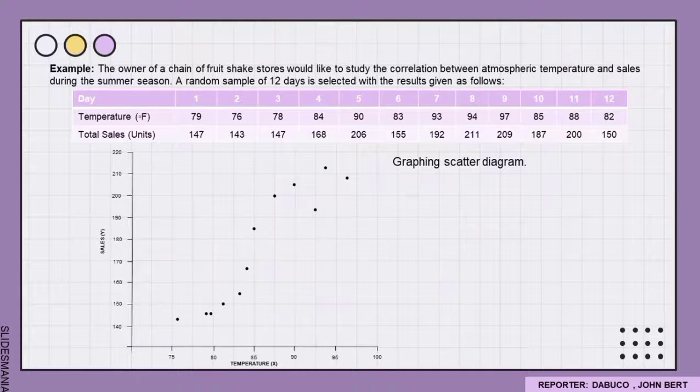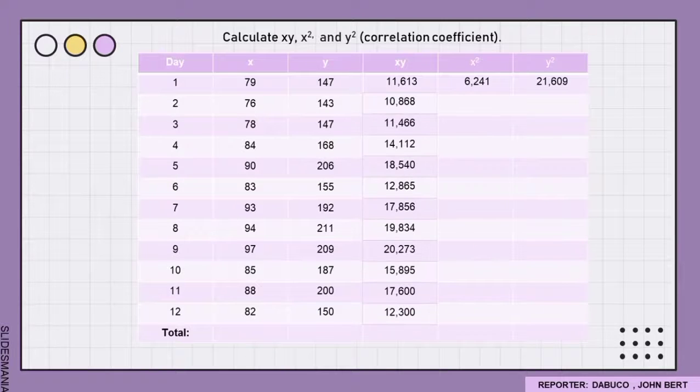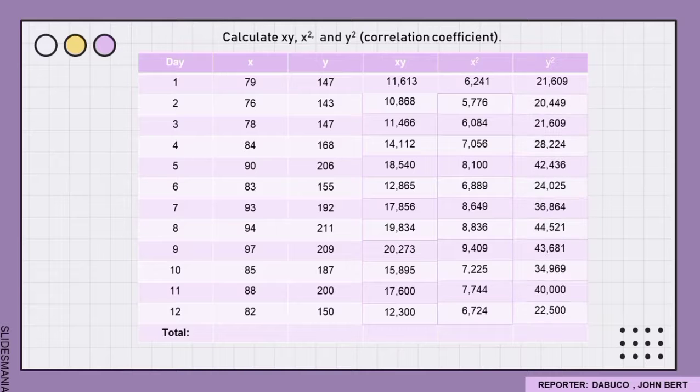Simple, go back to the totals. The sigma x, we have 1,029. Sigma y, the total from day 1 to day 12, is 2,155. And then the sigma xy equals